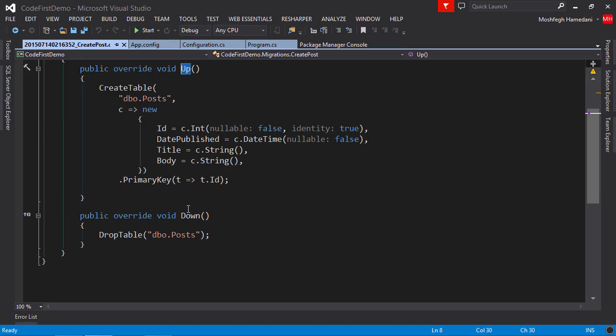Now let's see what's happening inside the up method. So there is a call to this method, createTable. It tries to create a table called posts with these columns. So ID, which is an integer, it's not nullable, and it's an identity. Date published is a date time, and it's not nullable. And we have two more columns, title and body, they both are a string. And finally here, there is a call to the primary key method, which specifies that the ID column should be set